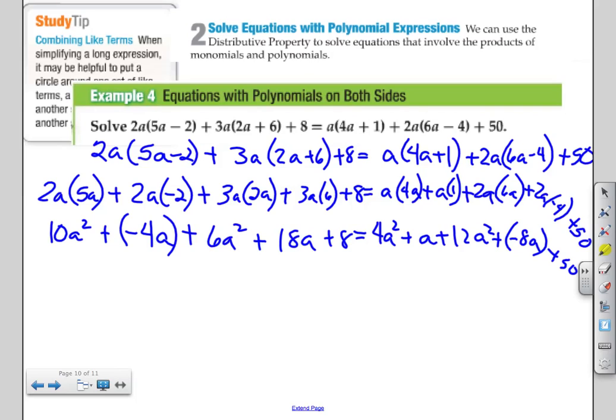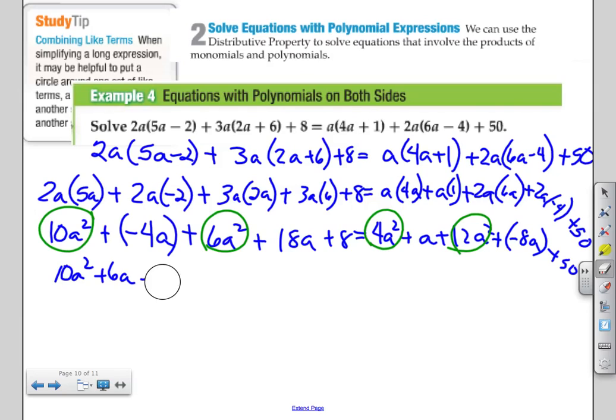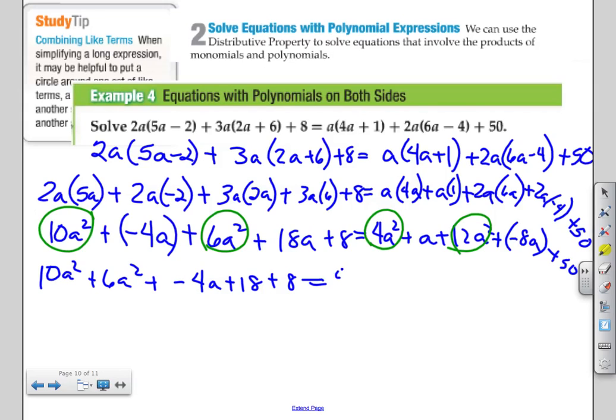Okay, where are our like terms? I'm going to use colored pencil for this. We have an a squared here, an a squared here, an a squared here, and an a squared here. Let's put all those beside each other. 10a squared plus 6a squared, okay? And then we also have plus negative 4a plus 18a plus 8 equals, let's move these two together, 4a squared plus 12a squared plus